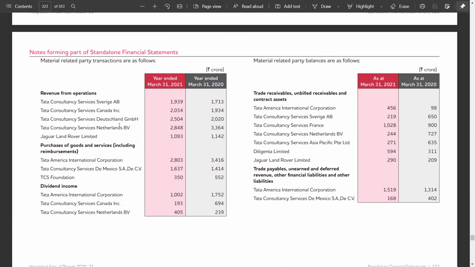TCS serving Canada, Netherlands. देखो जैगुआर लैंड रोवर है, उसके अंदर देखो कितनी रिलेटेड पार्टी प्रॉपर्टी शो हो रहे हैं कि किस एंटिटी के साथ डील हो रहा है, वो यहाँ तुम चेक कर सकते हो, तो उनकी मेन डीलिंग्स होगी। तो ये हो गया।